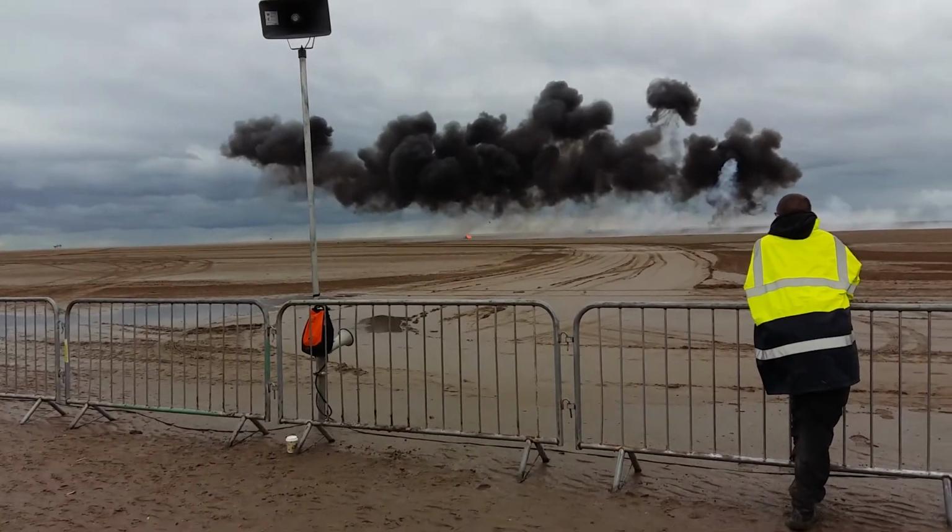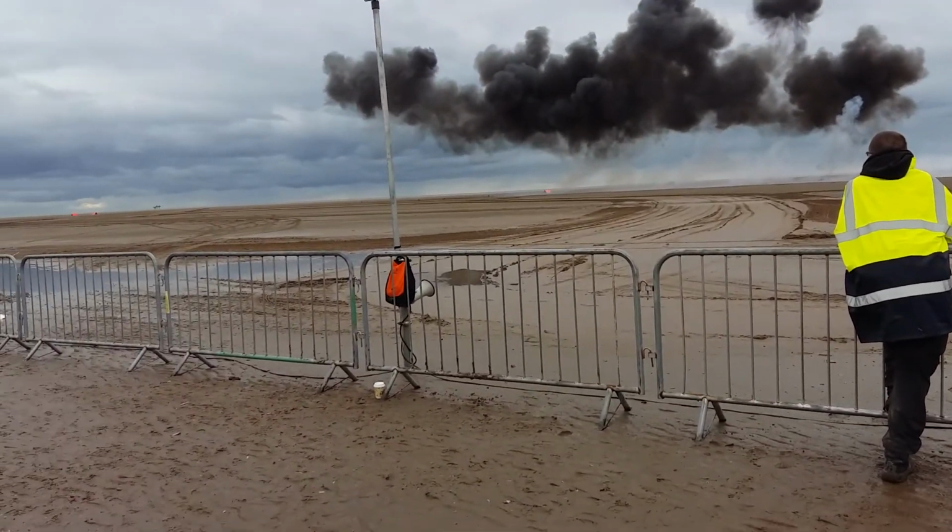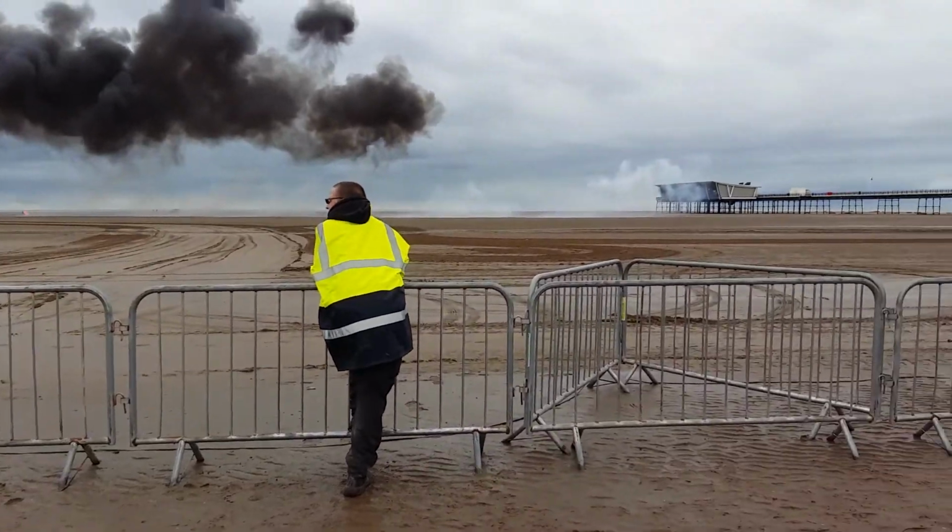And Ninja showing the power of the Hawk T2 as they go to a vertical departure when it climbs around 8,000 feet before heading